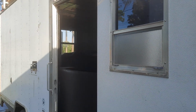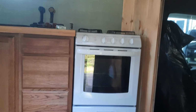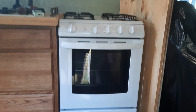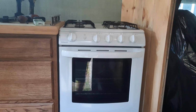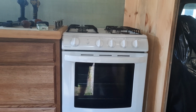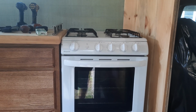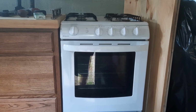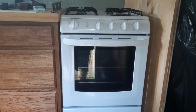So let's step in here. I know the lighting's kind of bad in here because there's no electricity, but I'll do the best I can. So come into the Slacker box and you'll notice, while it's not a full-size stove, this is a 24-inch Hotpoint stove that I found on Marketplace. I had debated as to whether to put in a cooktop and no stove or a camper stove, and I found this on Marketplace. They wanted $300 for it. It's practically brand new,